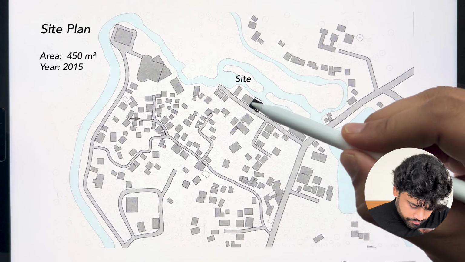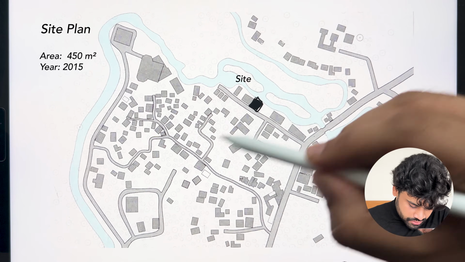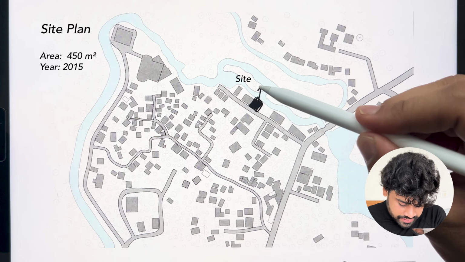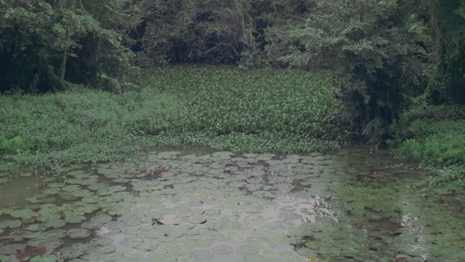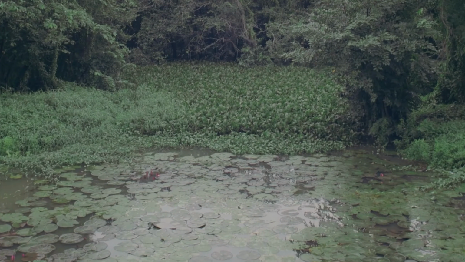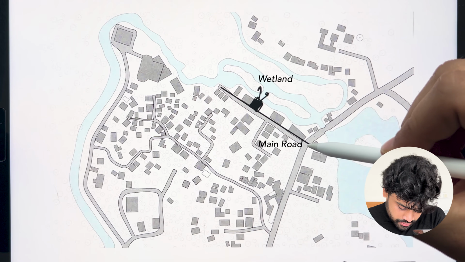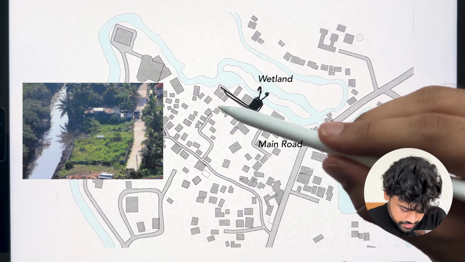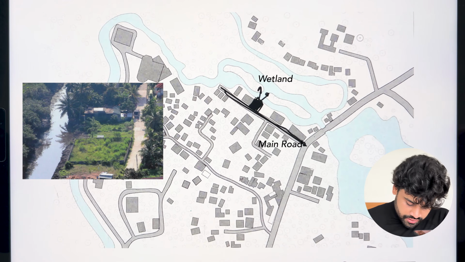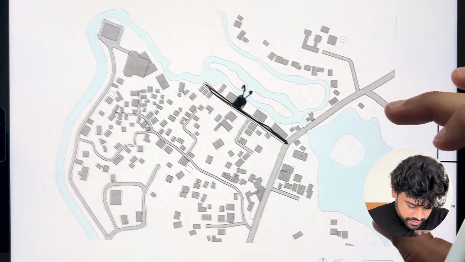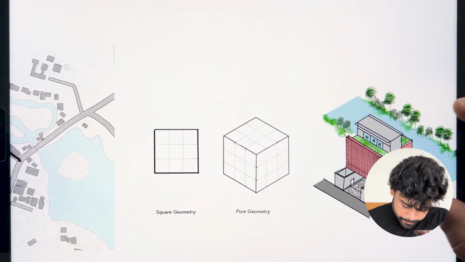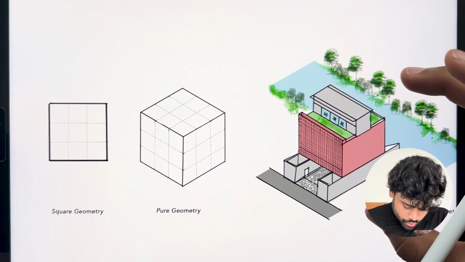This is the site area, which is located in the hustle and bustle of the city, and on one side of the site there is a small wetland area which has a dense forest area. Also there is a road network which connects the site to the surrounding context, and you can also see that there are so many houses around the site. So here Palinda implemented his design principles, and we can see that his design approach is always very simple